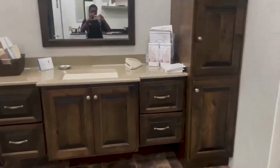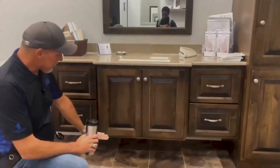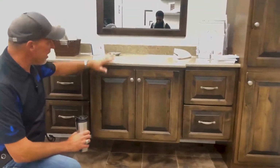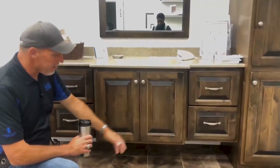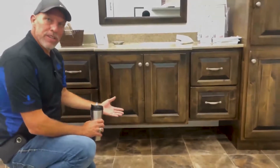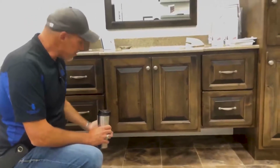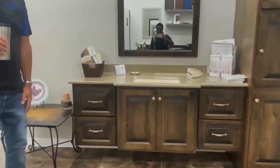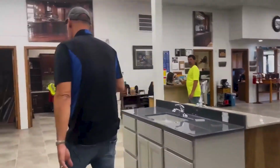And then right along this wall, something different. You're going to see this on Pinterest and Houzz. This is a truly floating vanity. So this vanity does not sit on the floor. It's all supported by the back of the cabinet up on the wall. So your floor will show all the way underneath. And a lot of the homes we're doing, they'll put lights up underneath here at night. It'll be like a night light. So this will light up your floor underneath. So that's another option you can do. And then back here,